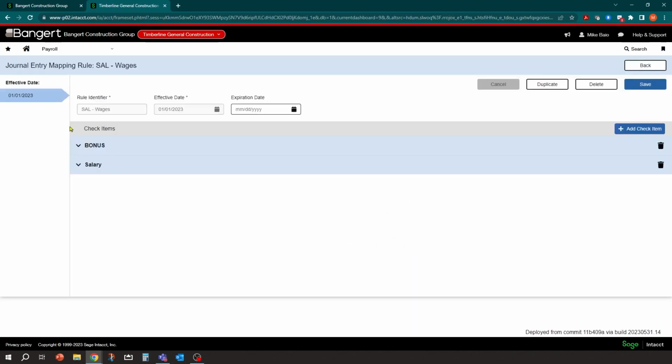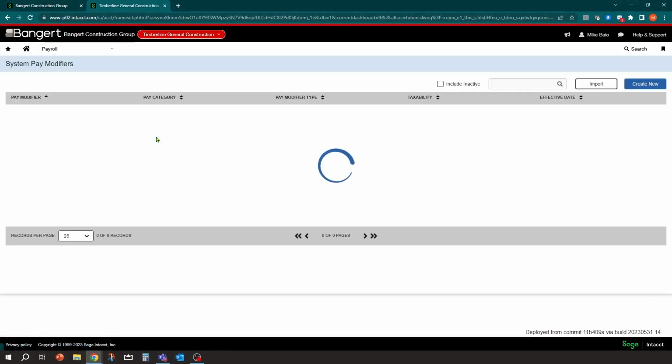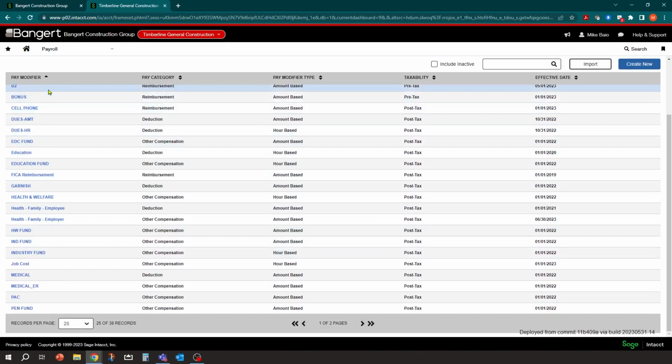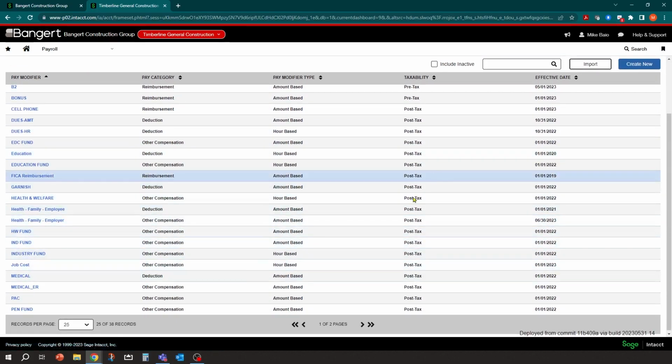Okay. The next step, you want to make sure if there are any employee pay modifiers that are calculated off of wages that need to also be calculated off the bonus, you want to make sure those are added to the pay modifiers. So for example, 401k. In this case, we want to take the normal calculation that the employee has selected to defer into their 401k account.